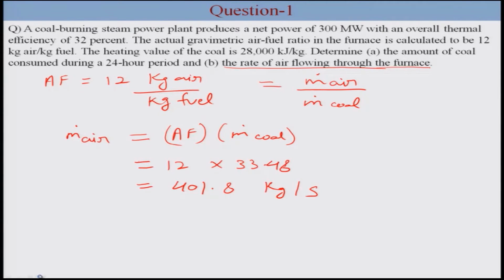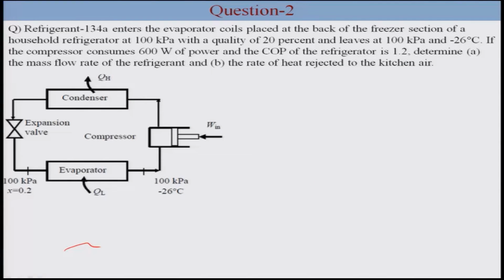Moving on to the next question. In this, refrigerant 134A enters the evaporator coil. So this is an evaporator. Refrigerant enters the evaporator coil placed at the back of the freezer section of a household refrigerator at 100 kilopascal with a quality of 0.2, that is 20%,